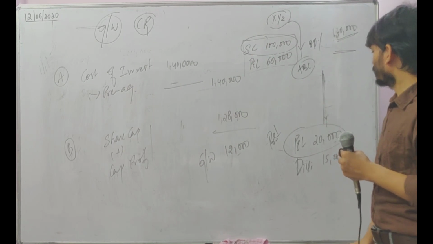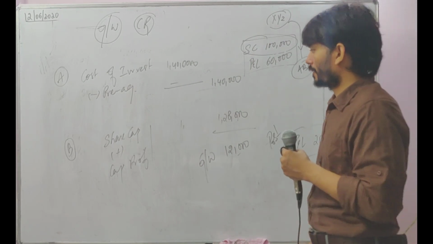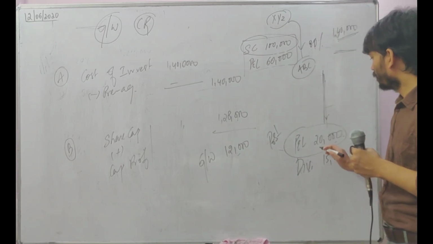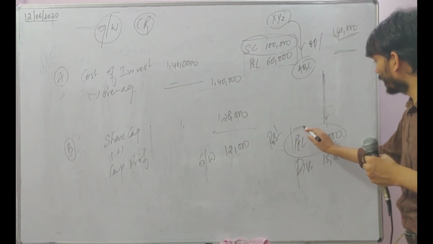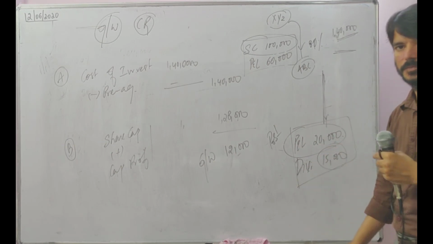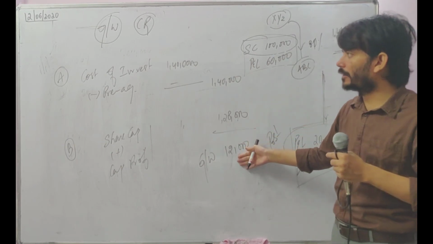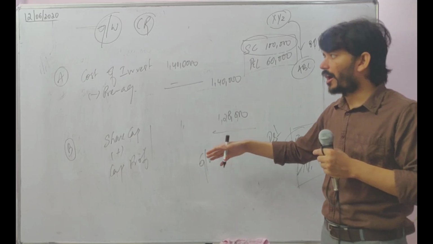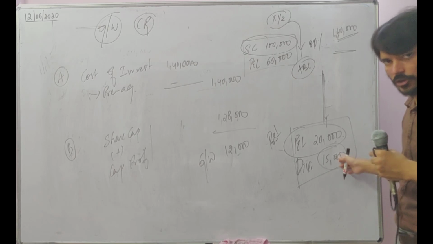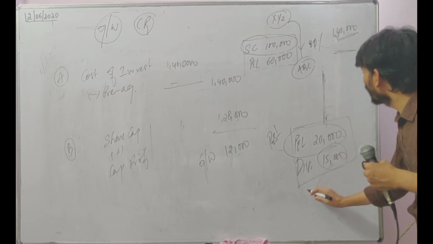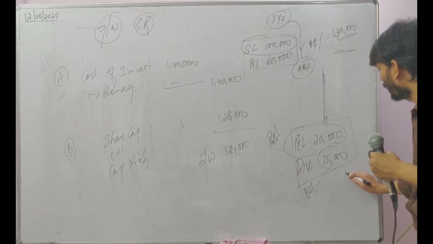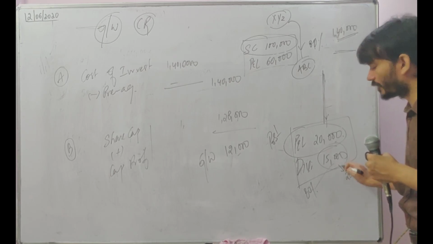So now again there is a small thing asked in the question. Post acquisition dividend, there is a dividend of 15,000. See, this is a calculation on the date of acquisition. After the acquisition, the company has earned a profit of 20, out of which 15,000 they have declared dividend. So 80% will go to your pocket. The remaining 20% will go to minority interest, for which you will be silent.